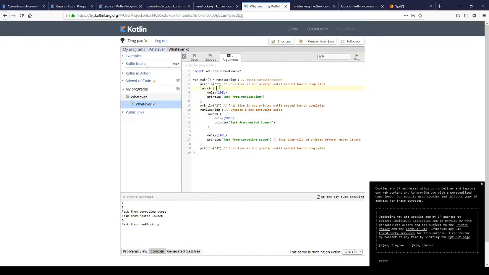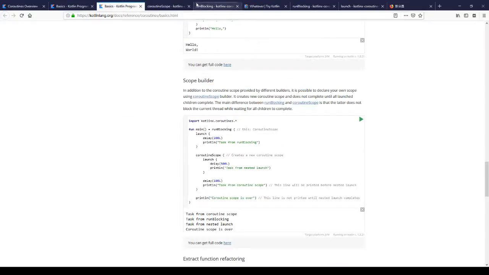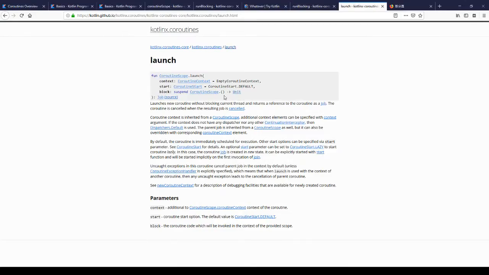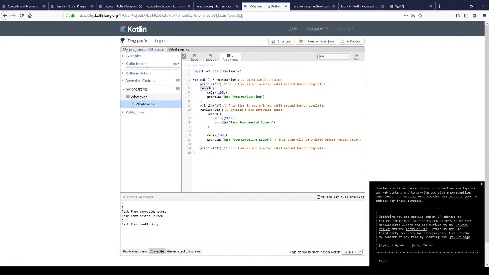Why here? Why is something in another coroutine scope blocked? Let's take a look at launch maybe. It launches a new coroutine without blocking the current thread and returns a reference to the coroutine as a Job. If the coroutine is cancelled, then the resulting job is cancelled. So let's first understand if there are multiple launches in a